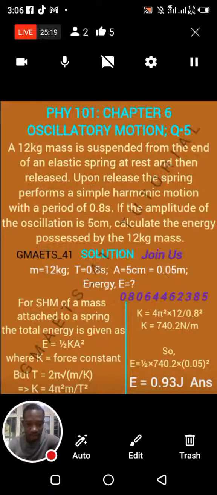So you can see that. Interesting solution. So you need the idea of simple harmonic motion. If you look at what was given to us,